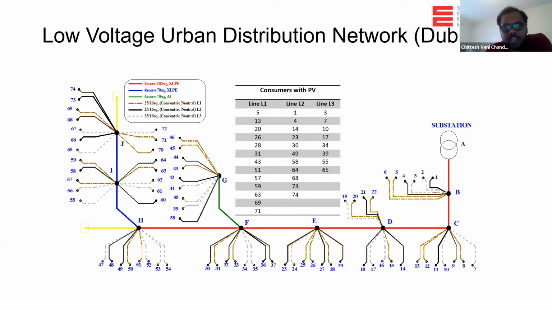Now, we assume that throughout the feeder, the generators have the same generation, that is 5.75 kilowatt, which is the peak generation. That is the rating of the generators connected to this network. We are more concerned with the last node of the network, which is node J, or node 9. The reason is that in a radial distribution network, the most sensitive node would be the one at the end.